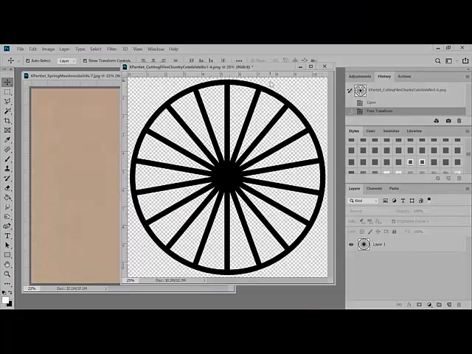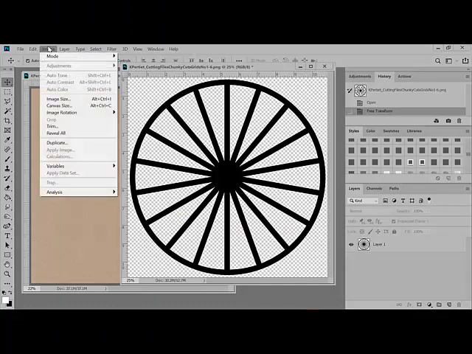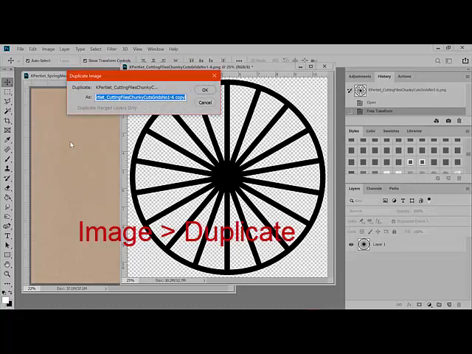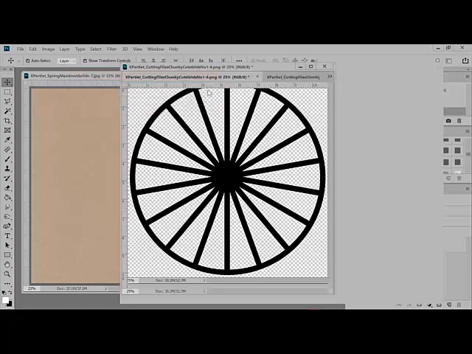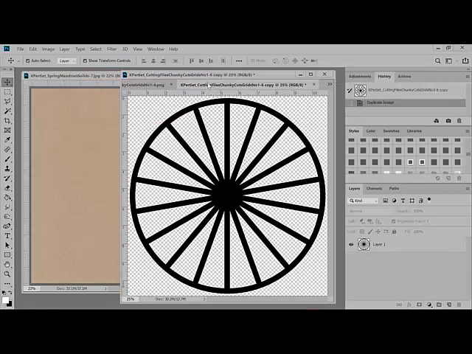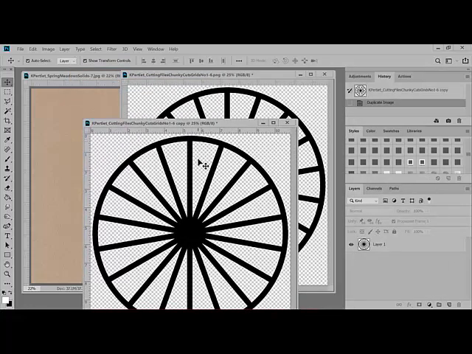To avoid accidentally overwriting the grid image, choose Image, Duplicate from the menu bar. You can give the copy a new name or simply leave it as it is, because when you do that, it gives it the same name, but then it adds copy to the end. So I'm going to go ahead and use that and click OK. Now that I've got this copy, that's the one I'm going to work on, so we can go ahead and